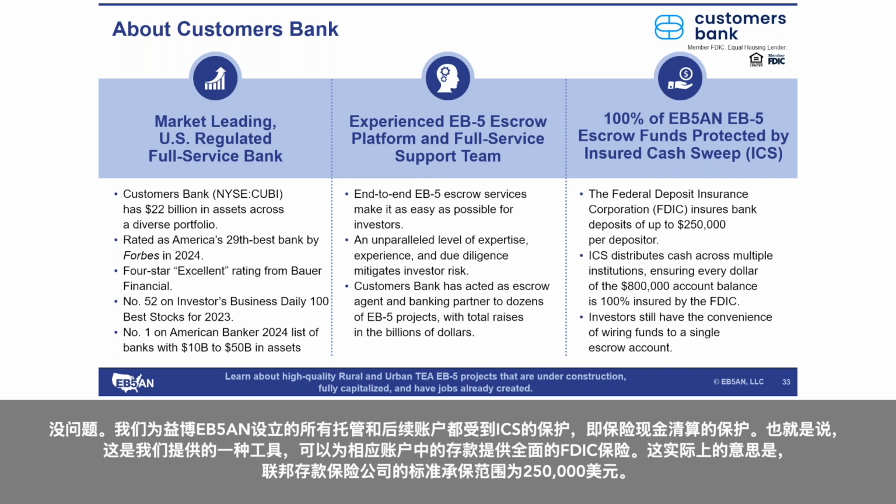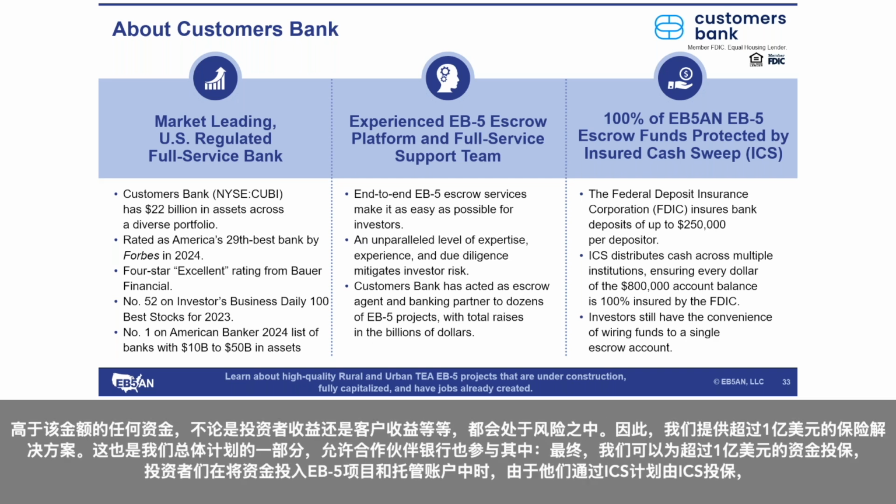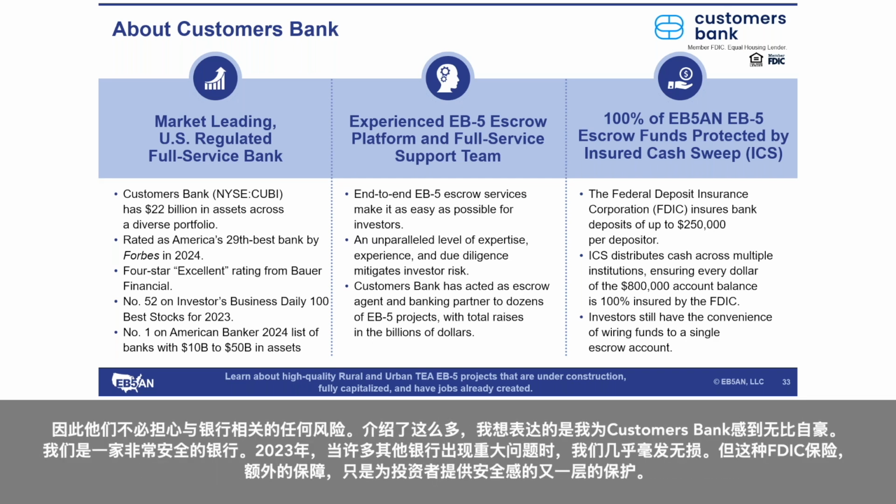So what that ultimately means is that standard FDIC coverage is $250,000. Anything above that, investor proceeds, client proceeds are at risk. So we provide a solution where we insure up to over $100 million. And this is part of a program that allows partner banks to get involved as well, where at the end of the day, we could insure over $100 million, where the investors, as they're putting money into the EB-5AN escrow accounts,